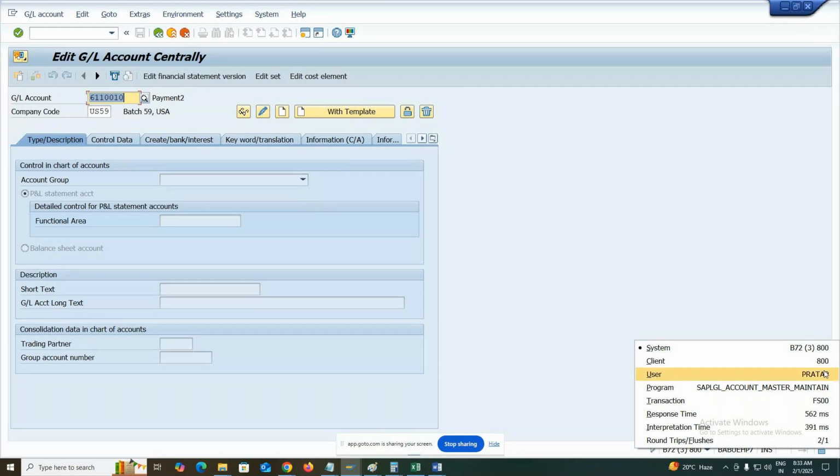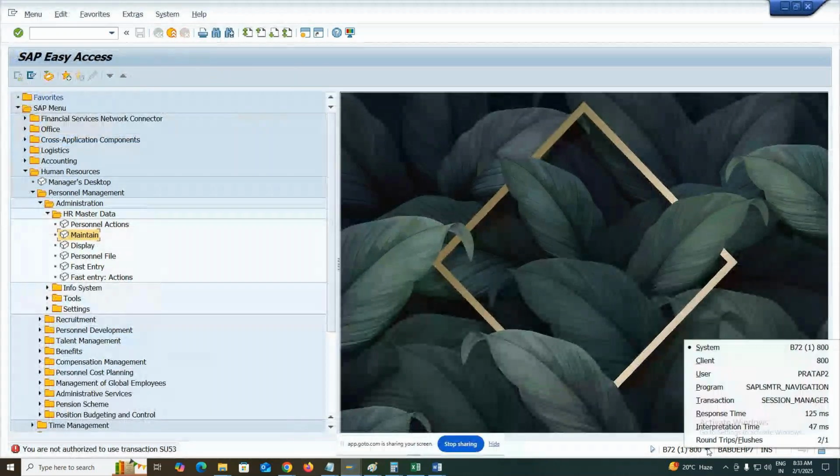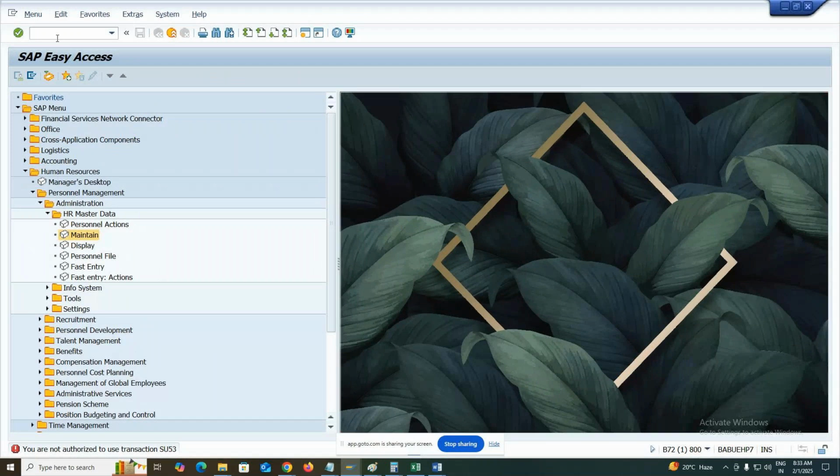Not this user ID, sorry. This one. I'm trying to access the PP01 transaction. I got an error, and you are supposed to access according to your role, but somehow this permission is missing in the profile. So immediately what you need to do in real time,